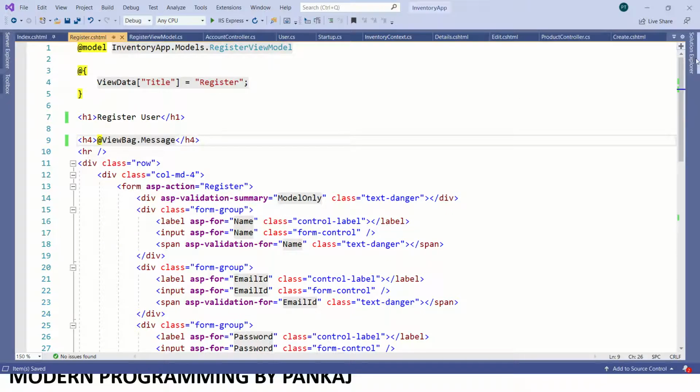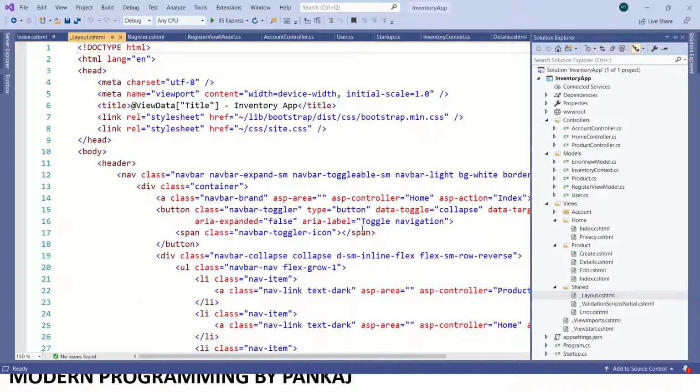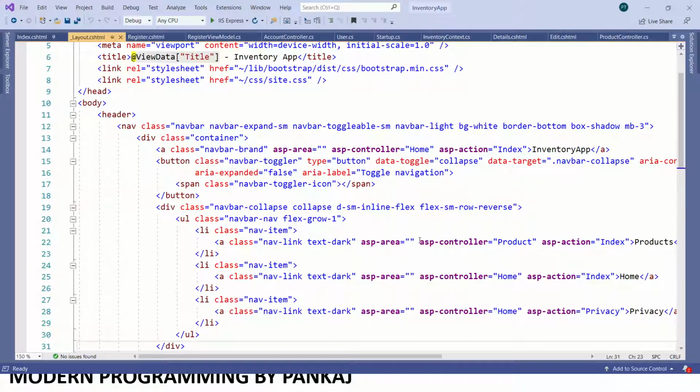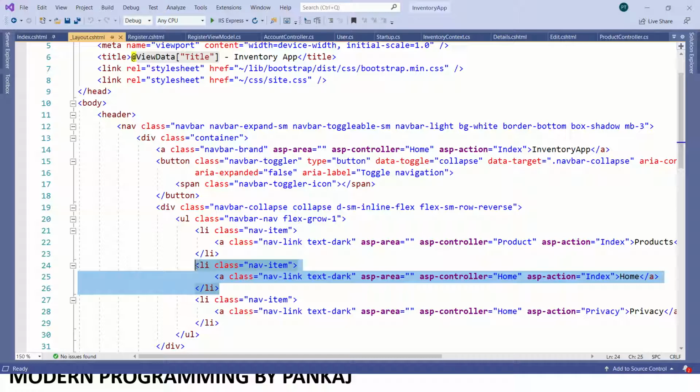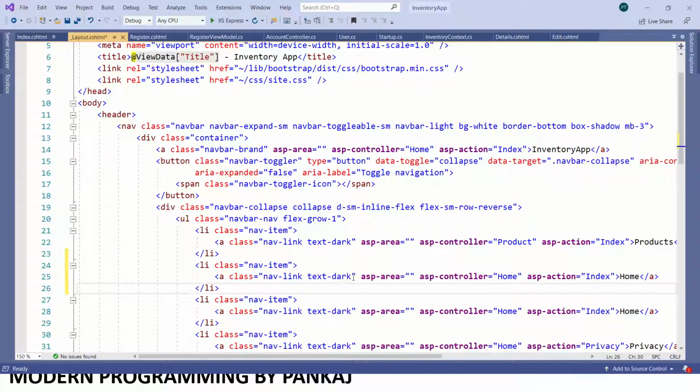Now how can we access this? To make it accessible, I'll just add it in our layout.